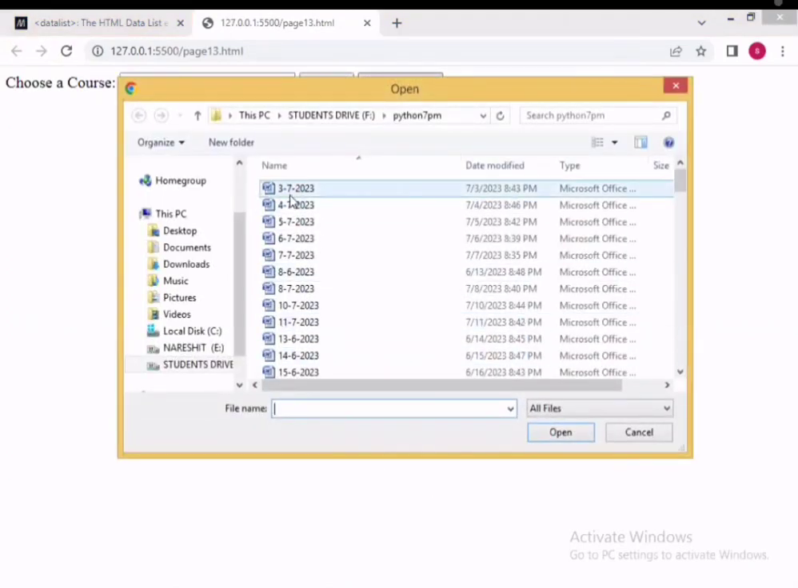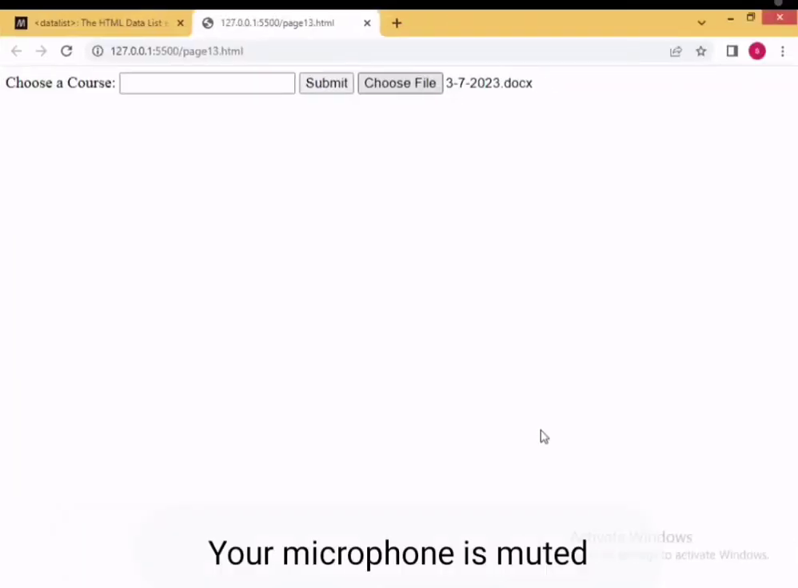Now there is a file upload button. It shows choose a file name. Which file you want to upload? Just select the file name and select open. Okay. Now if you want a file upload button, you can define it by using